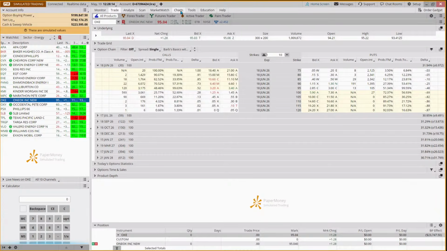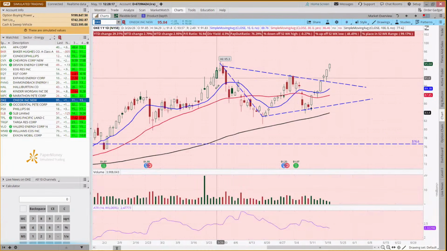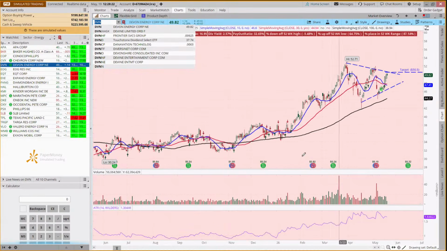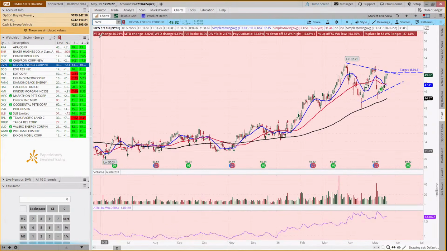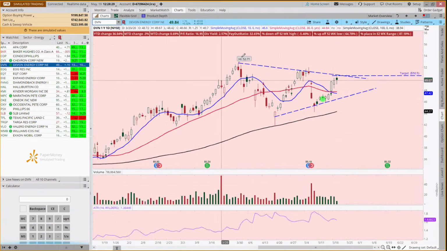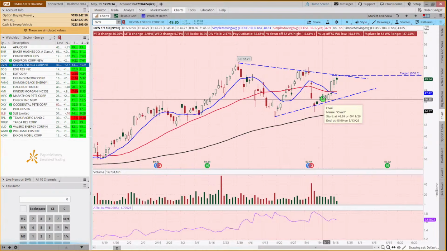Now, last week, we did one on Devon that looks similar to Oak, also in the energy sector. And this one had a great run. It's still up 36% year to date, even with this pennant pattern. When we looked at this last Tuesday, we said, well, what if we had our, and lately I've been saying, buy a new car fund, although I'm not in the market for a new car, or Paris for Christmas fund, or take the family to Disney fund, or pay off your credit card debt fund.